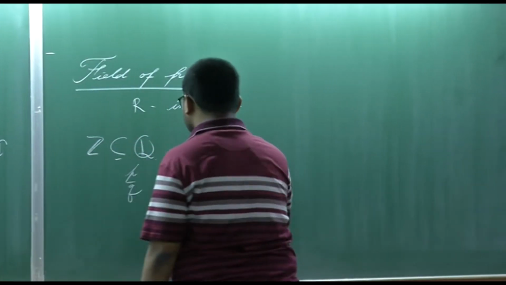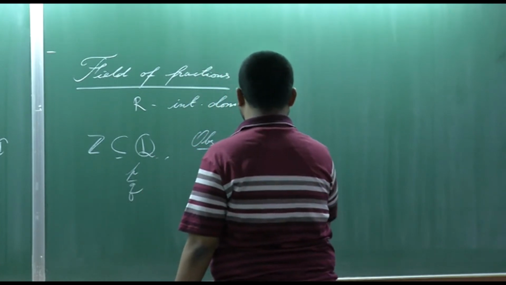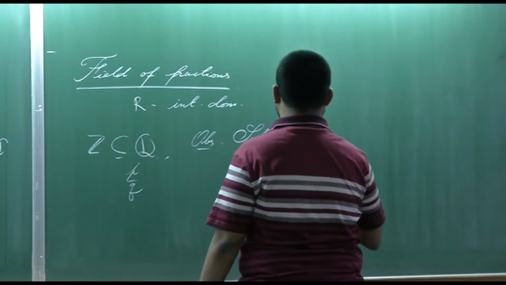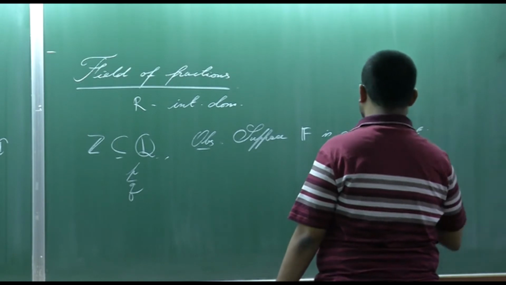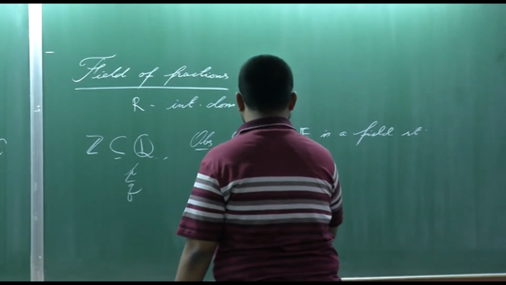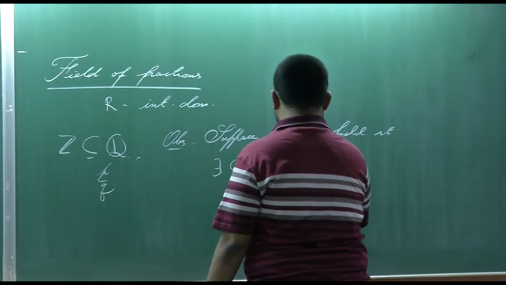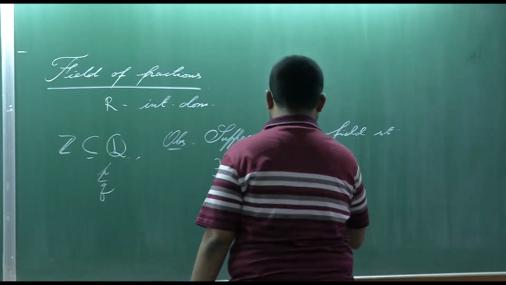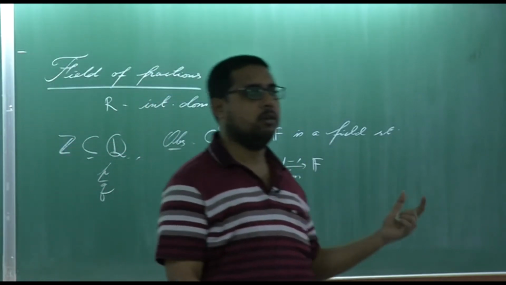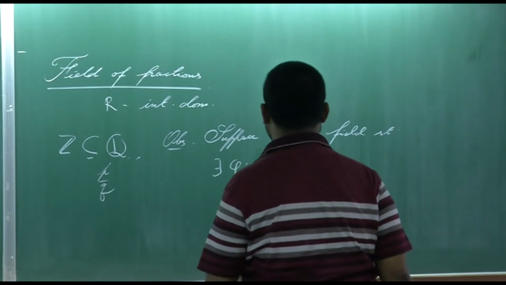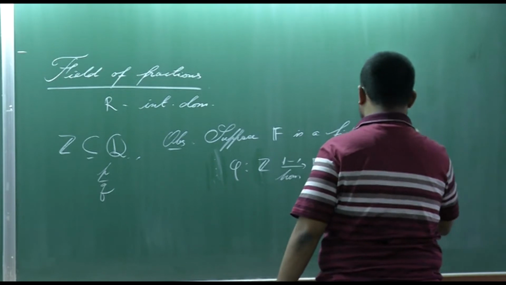And then one more thing we should also observe: suppose F is a field such that there exists an injective homomorphism phi from Z to F. Suppose F is a field, let me put it in this way, and then